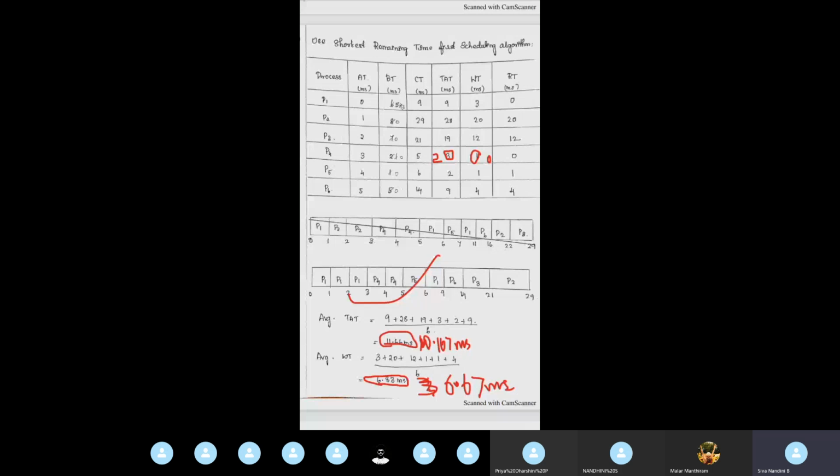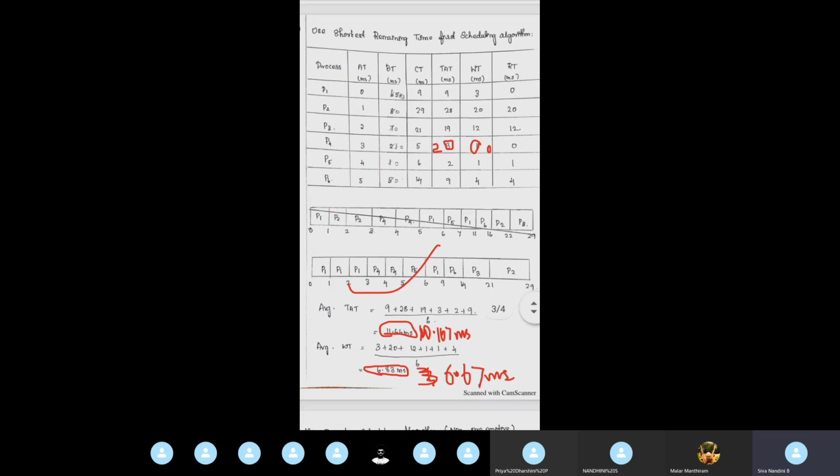After this 2 milliseconds, we'll have process P3 also in the system. So we'll check the 3 processes P1, P2, P3, and among these the one which has the shortest remaining time will be executing. Like this, the processes will be executing in the Gantt chart. In some cases, we may have the same burst time, the same minimum burst time, for 2 processes. In that case, we go by the smallest process number. The process which has the smallest process number will be executing first in the system. Like this, we do the shortest remaining time first algorithm.